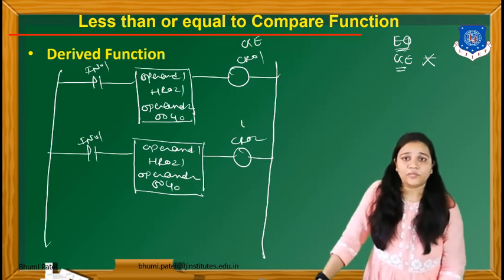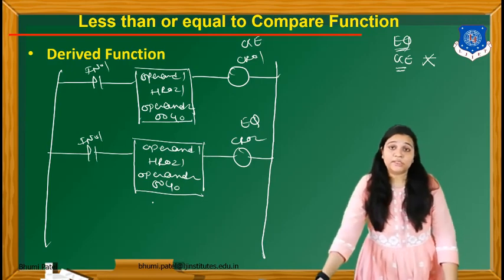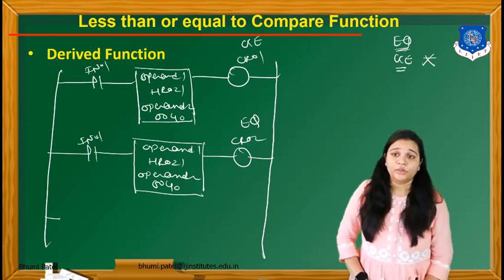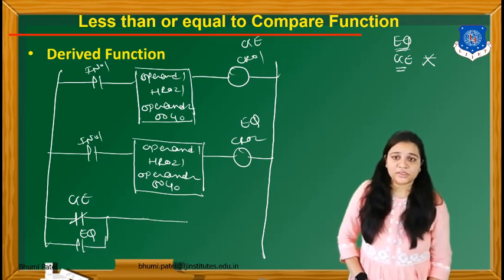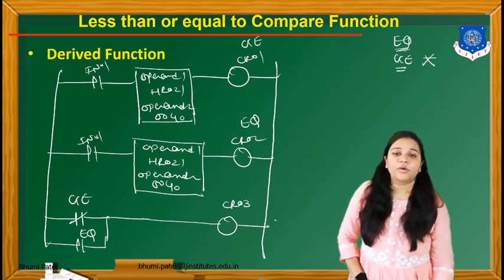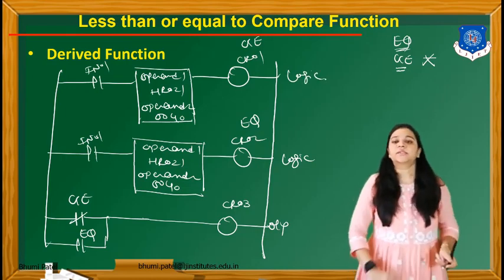In the second rung, we have to use the command equal to. Now we have to find the value less than or equal to. That means it is not greater than the other number. So it is not greater than equal to, but the compulsory condition is that it must be an equal number. So we take equal number here. If this condition is satisfied, we can get the less than or equal to number.